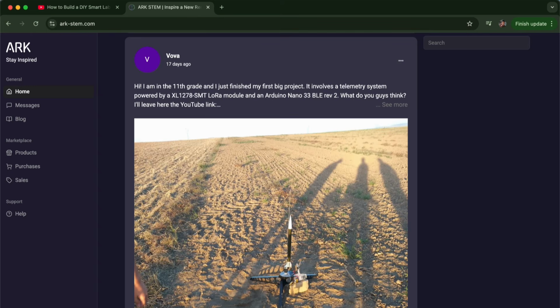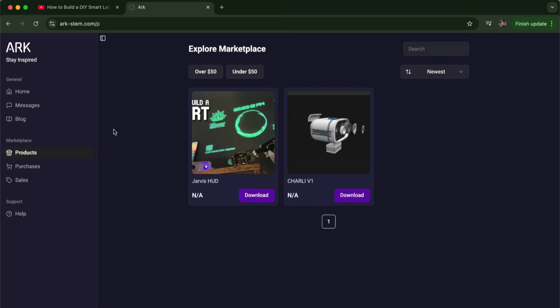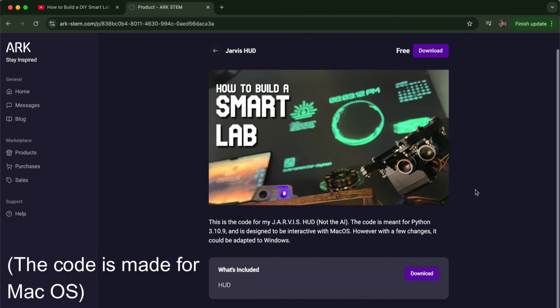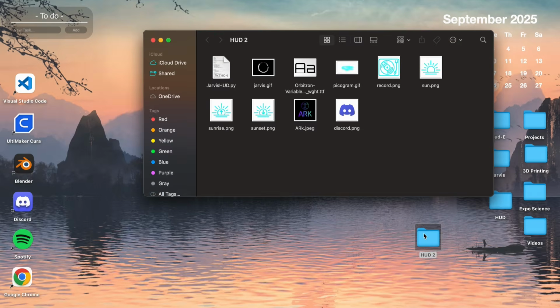You can find the code to my heads-up display by going to Products and clicking Download. While this code is completely free, keep in mind that this is only for the display and not for the brains of Jarvis. The inside of the folder will look like this, and you're going to want to open up